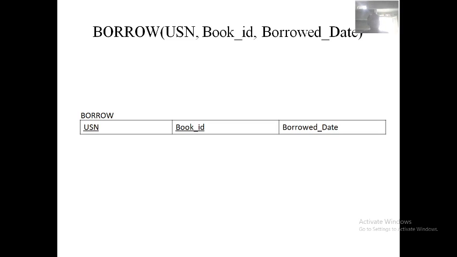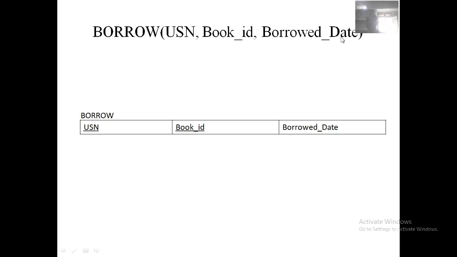Yes, sir. Last table, borrow table. If I want to borrow books from the library, borrow is the name of the table, and it has USN, book ID and borrow date.